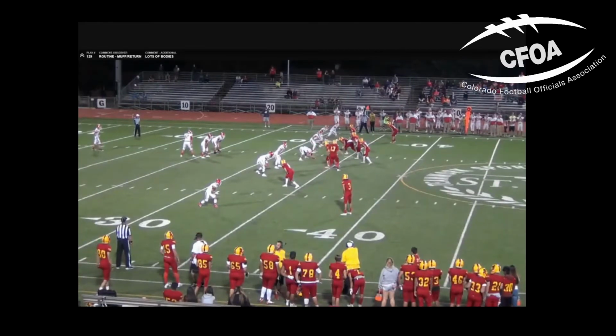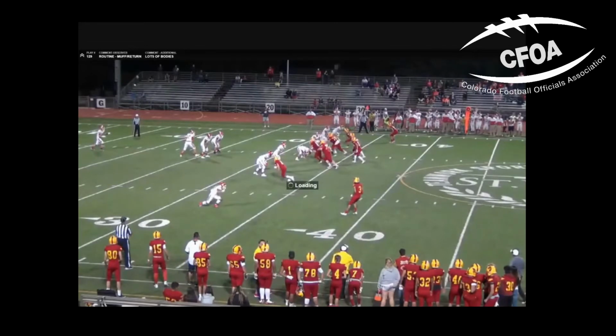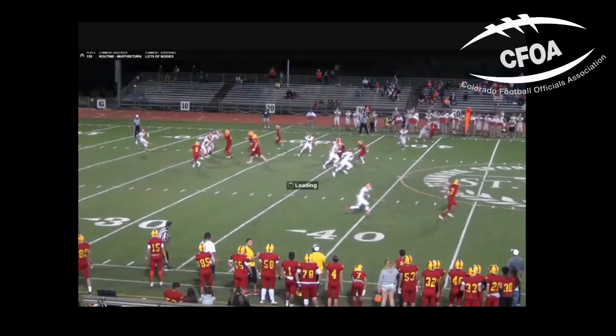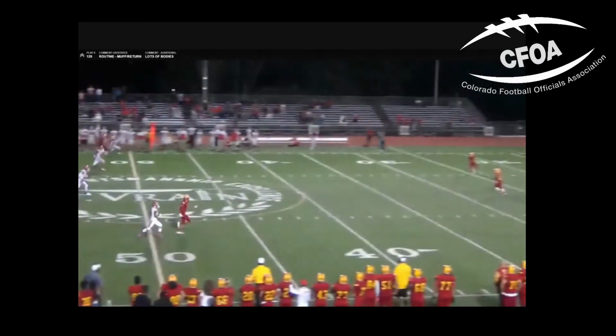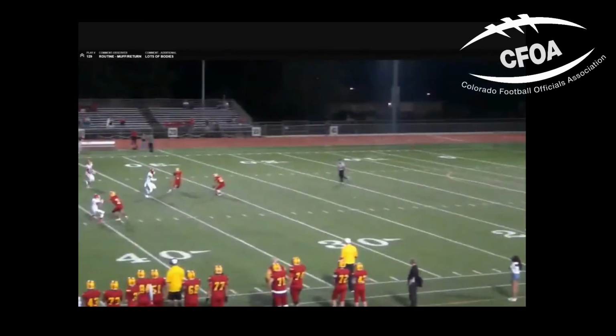Thanks, Kirk. So I think the white hat's positioned pretty well. He's about a yard behind the punter and out near the numbers with the punter at the hash mark. As the kick is made, the punter is not threatened on this play, so he's going to get a chance to take a quick glance and make sure that it's not headed out of bounds where he might have to line it up. And then he's going to go to his hash mark and move very slowly downfield, not